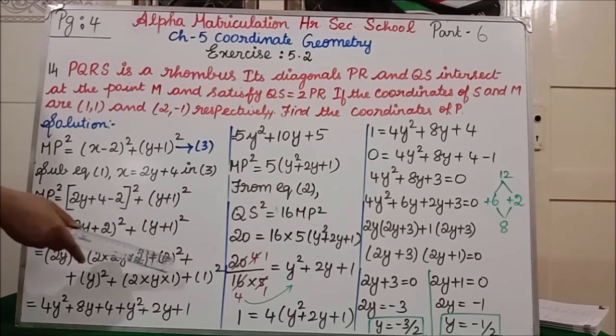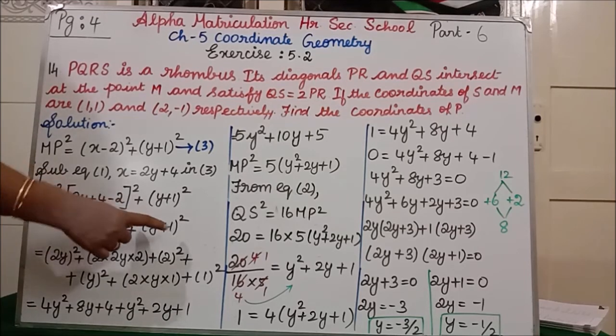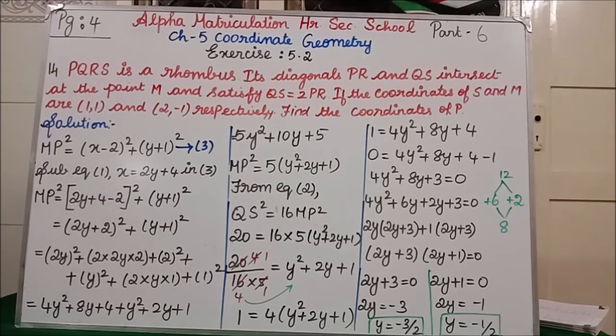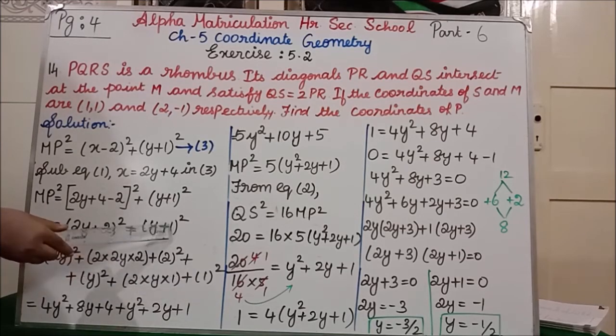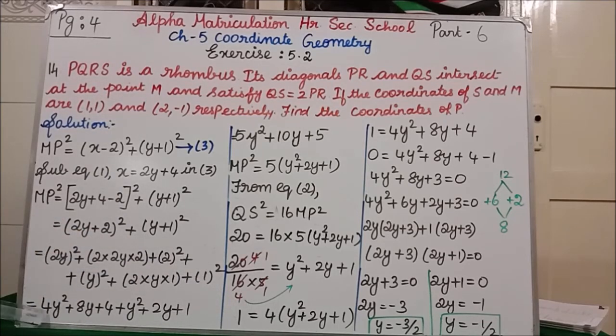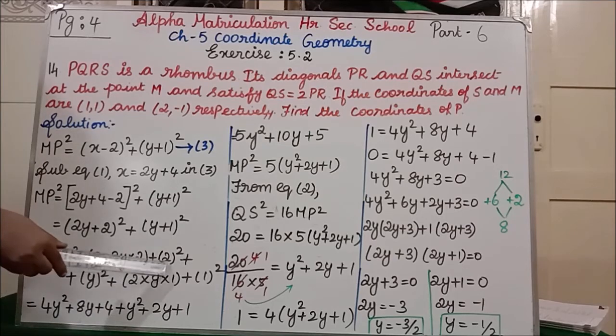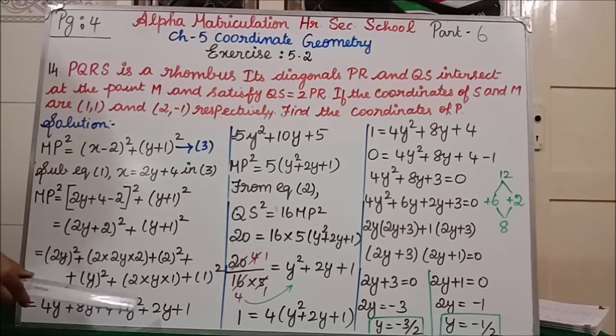Then in this plus I have written here. Again this is also in the a plus b the whole square formula. So a value is y, the whole square, plus 2 into a into b. a value is y, b value is 1, plus 1 the whole square. Clear? 2y the whole square means 4y square, plus 2 2s are 4, 4 2s are 8y, plus 2 square is 4. y square is y square, 2 into y into 1 is 2y, 1 the whole square is 1.